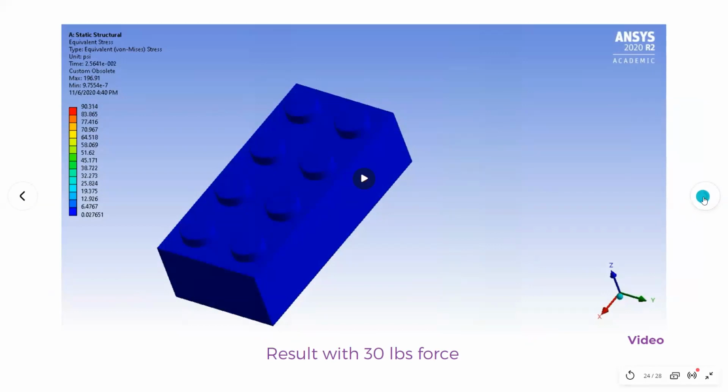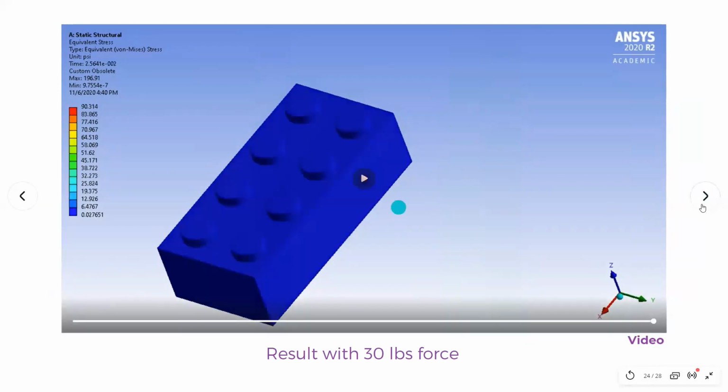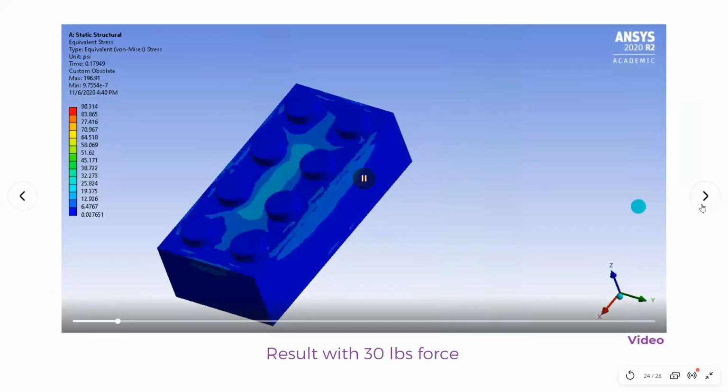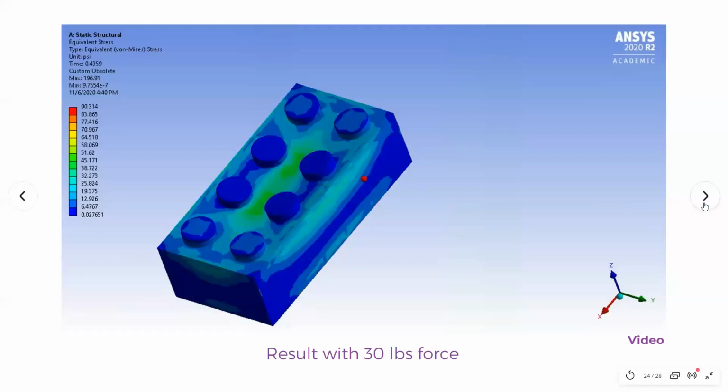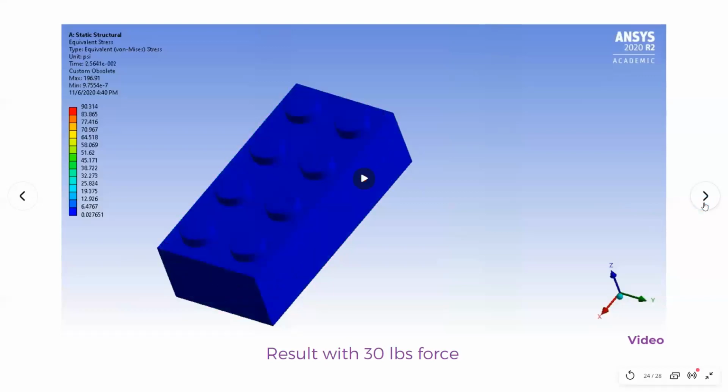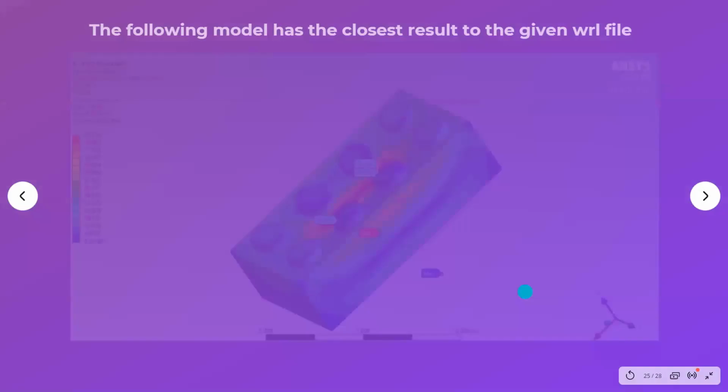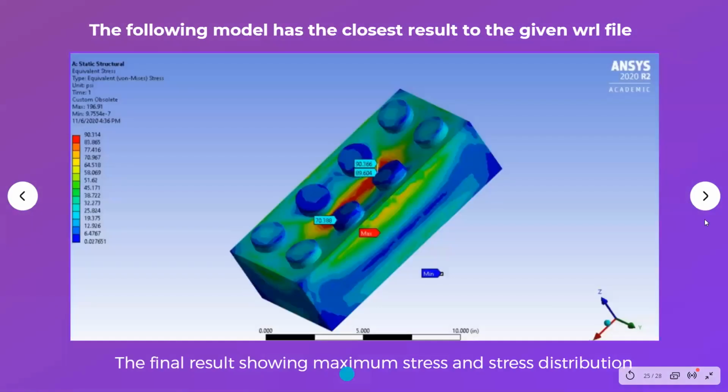Yeah, so I'll finish it quickly. As you can see, the stress values were limited, and we didn't get the proper deformation value for the final model. So we reduced the applied force value to 30 pounds. We used different values, but the most appropriate result which we got was around 30 pounds. So we used 30 pounds for generating that given video, and we generated the final model with that.